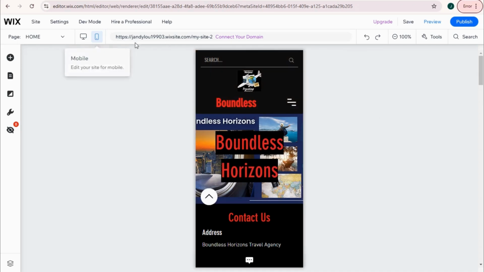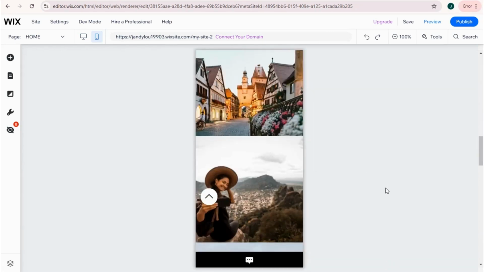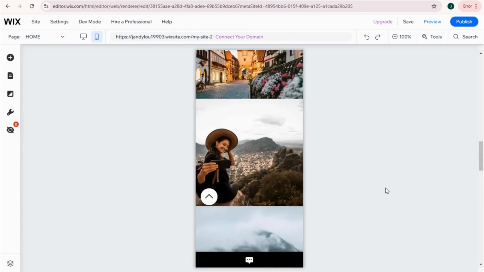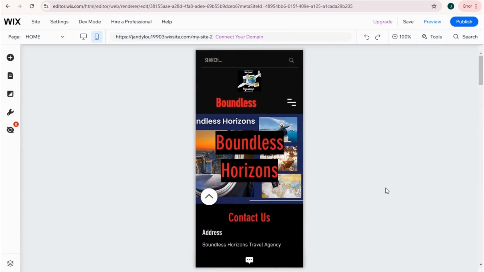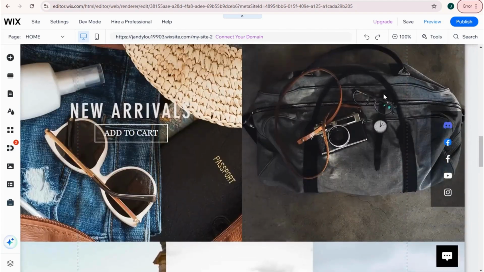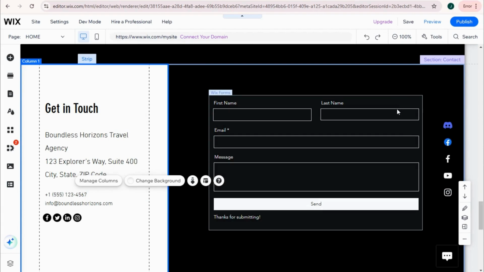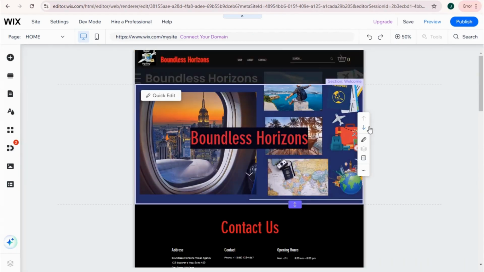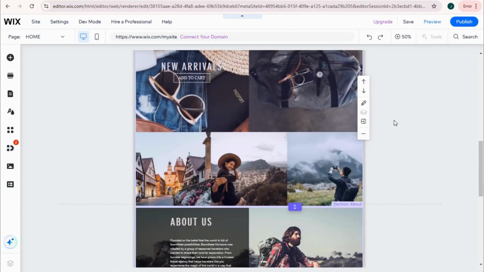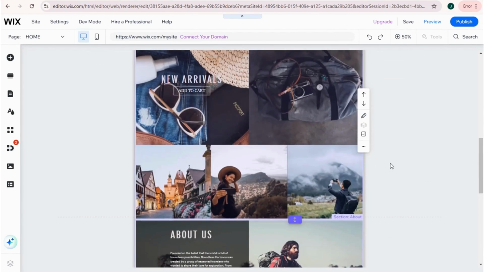As easy as that. So basically, this is how simple it is to use Wix as a beginner looking for the basic way to create a website here in Wix. I know that you can do better than this. So basically, that's how easy it is. I really hope that you have learned something here. This is basically for beginners, and I do recommend you use Wix, especially if you're a beginner